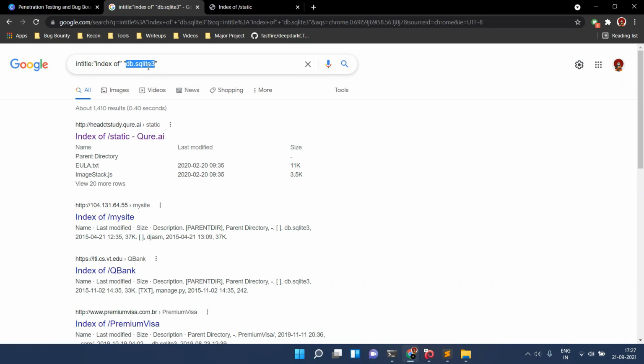It's similar to SQL, which stands for Structured Query Language, but it's a version of SQL. We have MySQL, SQLite, and other versions. The SQLite database is stored as db.sqlite3, so this is the file name.